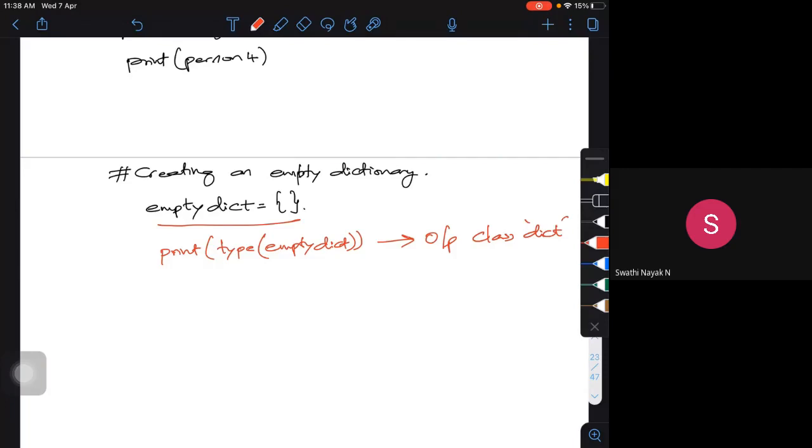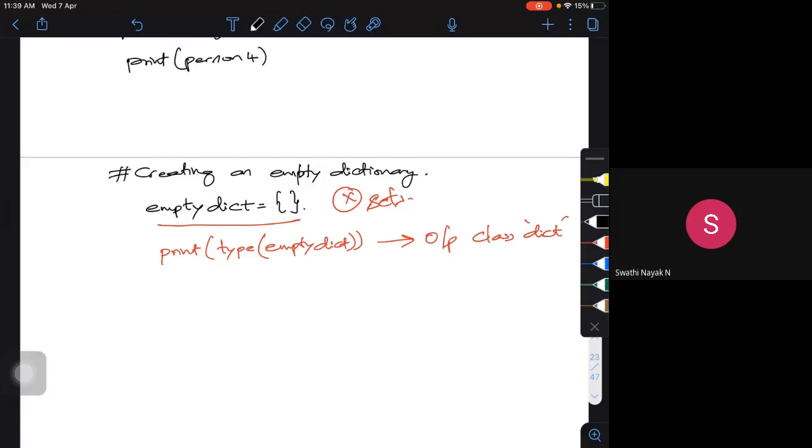Using the same thing for sets, hope you remember, I can create an empty set using a simple curly bracket, but the type of data it is is dict. It's a dictionary type. When we create something without any elements inside the curly bracket, it will be an empty dictionary of type dict. So when I try to create an empty set this way, it is actually creating an empty dictionary.